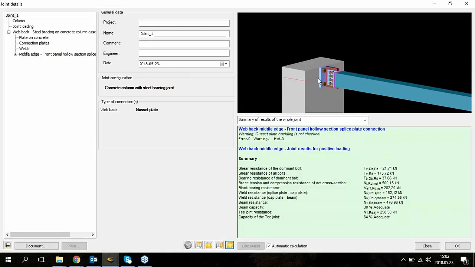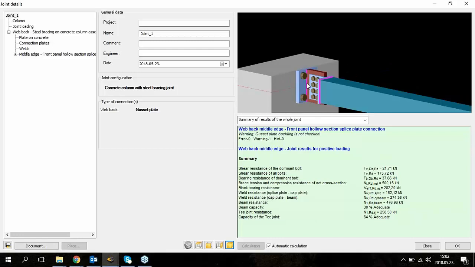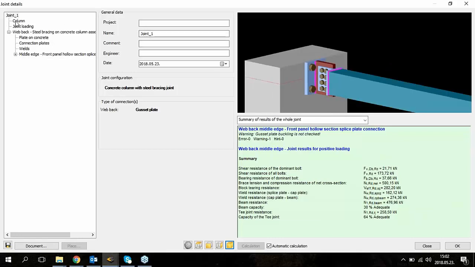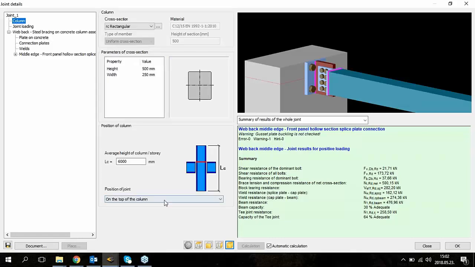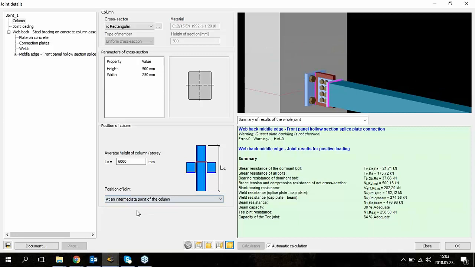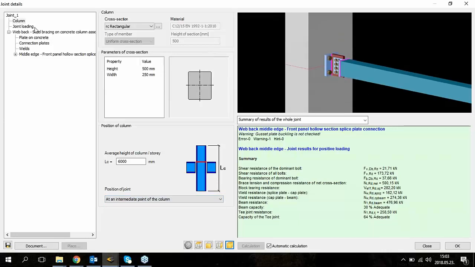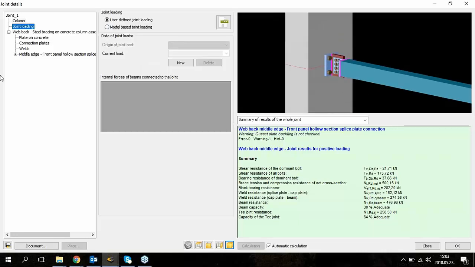And as you can see, this is the new type of joint. At the joint tree structure, you can see that we have a column section. We can choose the type of the column. We can choose if you want an intermediate connection or at the end of the column. We can add joint loadings as always, and this is the new part because